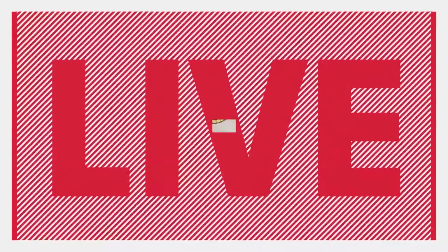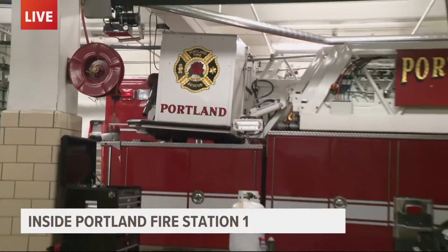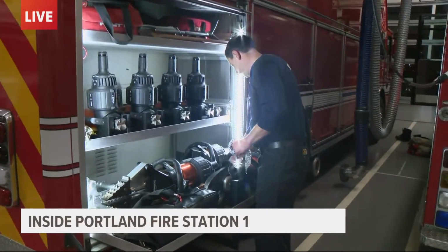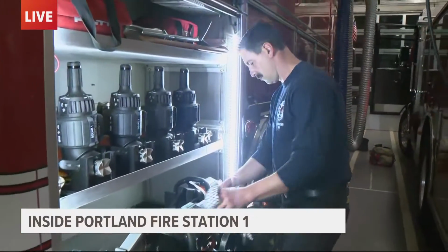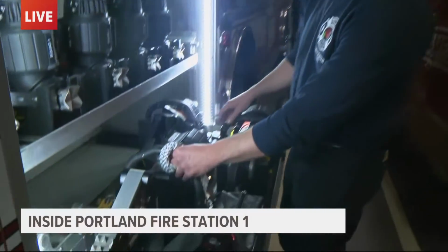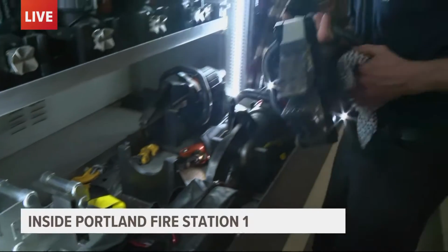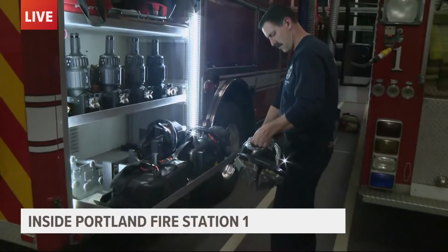And we also have this for you right now. A look inside Portland Fire and Rescue Station 1. This is the station in downtown Portland right there along Naito Parkway. The firefighters lovingly call this one the Big House. At least the firefighters who work at this station. I don't know how the rest of the department feels about that, but the Big House is what we're checking